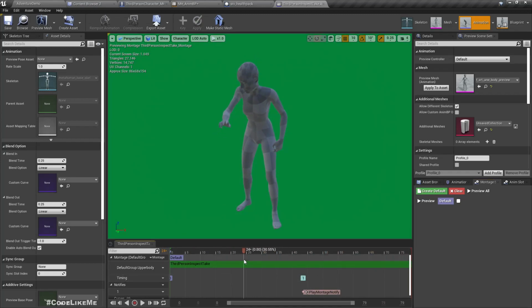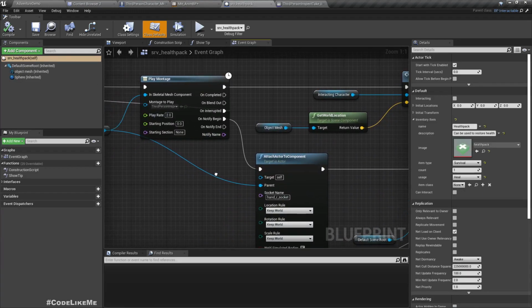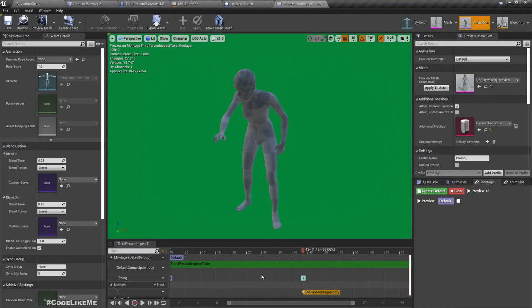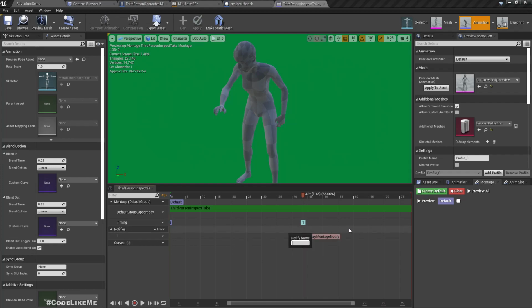So now here, let's add here in this montage notifier, what happens is I attach the current object into the hand. So here let's add another notifier. It should be an animation blueprint notifier. What should we name it? Oh wait, maybe we don't need to drive this through a notifier. Maybe we can just do it inside the